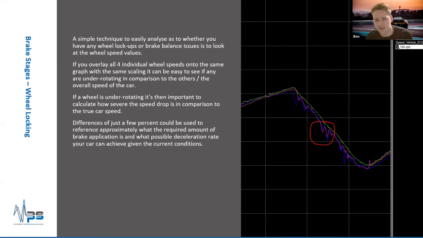I've got an example here. The blue and the pink traces just start to drop away. The values drop away from the actual speed of the vehicle, which would be the green or the red. So there you're at your locking limit. I haven't calculated it, but I'd guess it's only a few percent before it starts to lock. So you could guess somewhere before that is